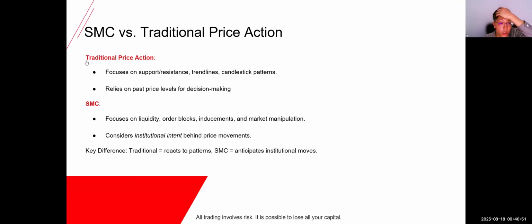For traditional price action, it focuses on your S and R, such as your support and resistance levels, as well as your trend lines and candlestick patterns. It also relies on past price levels for your trading decisions. Not that traditional price action doesn't work. It actually works, but sometimes, I'm not sure if you guys realize,